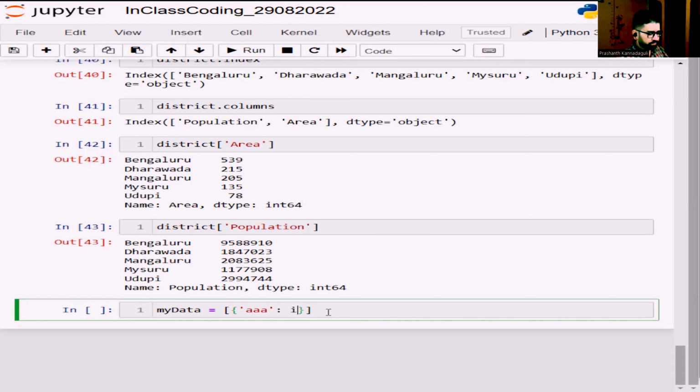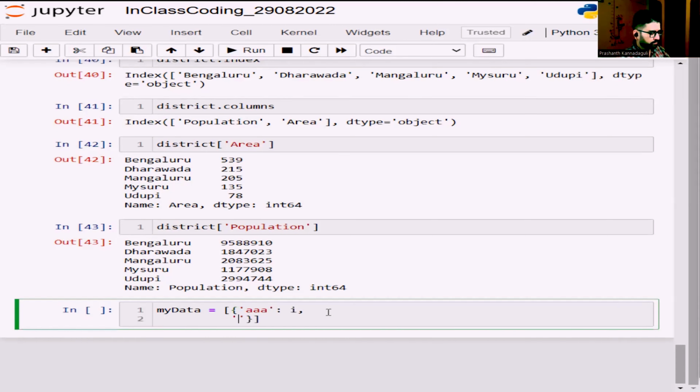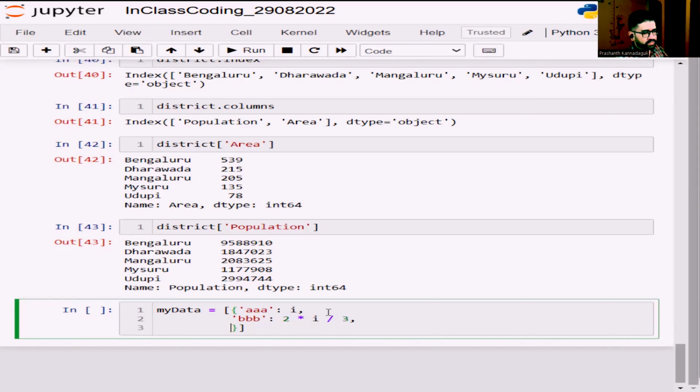I'll just write I. I'll tell what is I later. Okay. Comma. I'll write the next thing, that is BBB. It's 2 times 2 into, let me put an equation here, 2 into I divided by say 3. Okay, so that's my second entry in this, and the third one is say CCC,